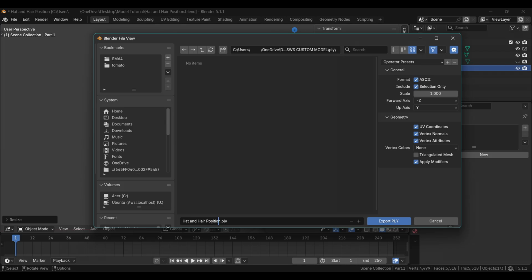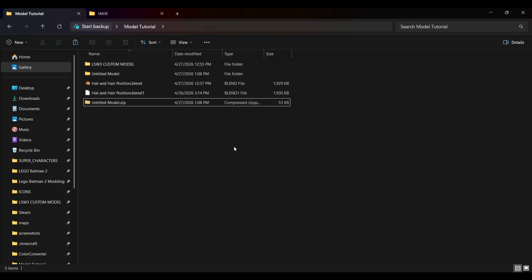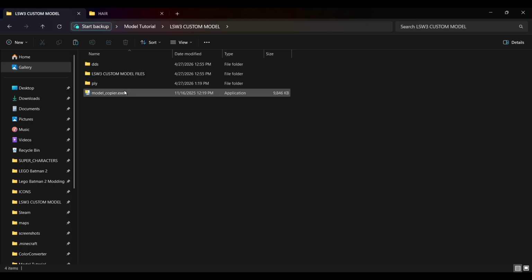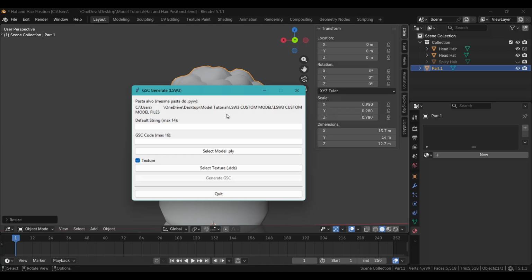Once you've got these settings correct, you can change the name of your file and click Export PLY. Now you need to navigate to the folder of the GSC Generate tool and click on the model copier.exe. Once it's open, you'll need to choose a default string for the model. This is just the name of the model, so whatever you plan to name the converted file should match the default string. I'll name this Hair